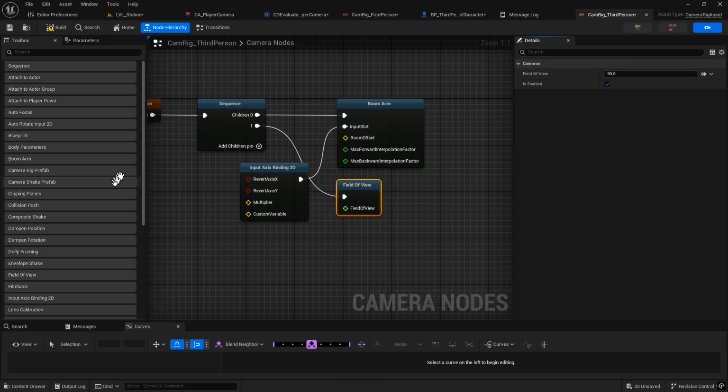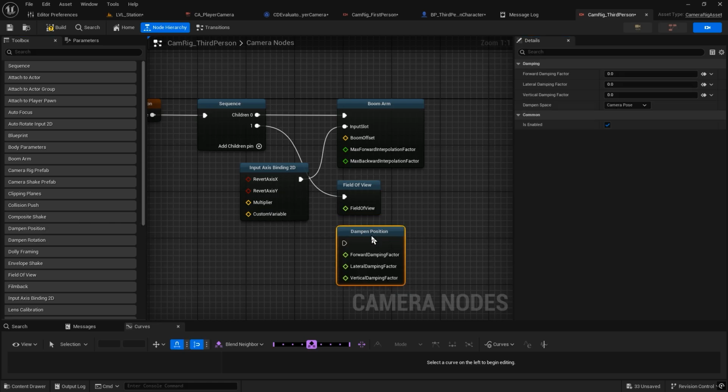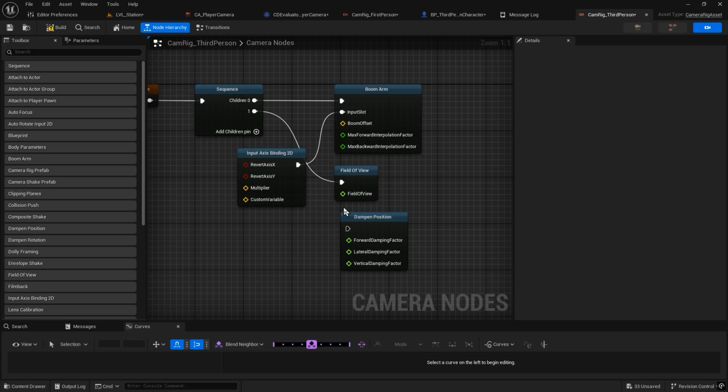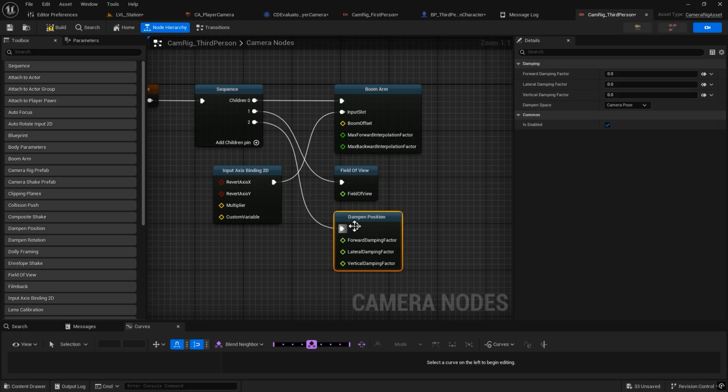Now let's add in a dampen position node. A dampen position node will make the mouse movements more smooth. We'll add a new child pin and add this to index 2. With the dampen position node selected, we're given 3 different factor options here. The forward damping factor